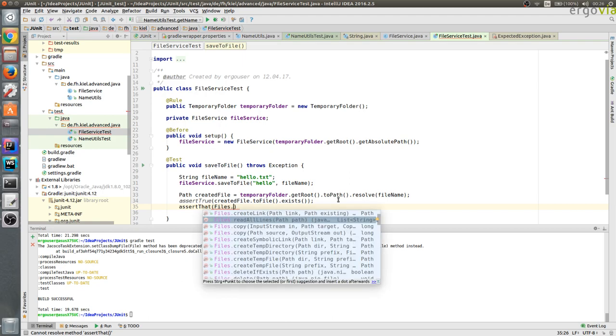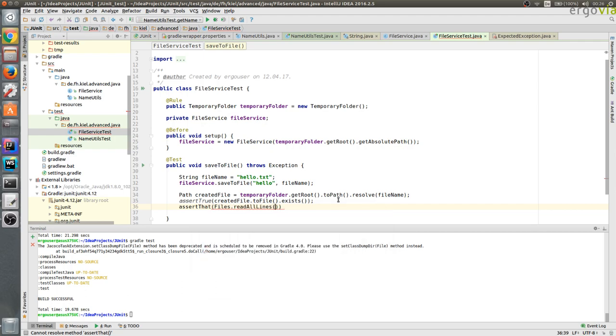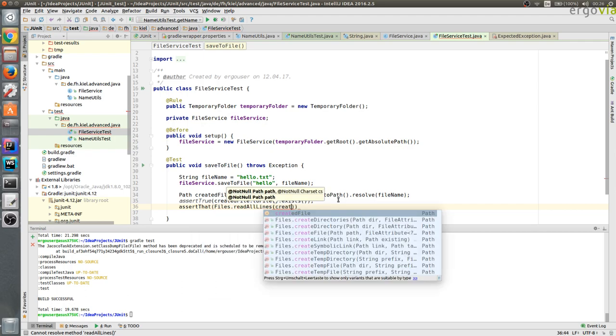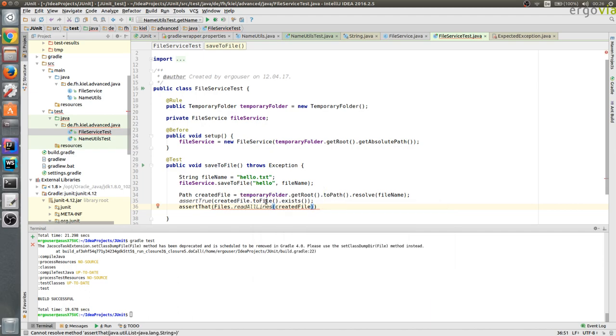We can say read all lines, provide the path of the created file, and this method actually returns something like a list, a list of strings where each element of the list is one line and ordered by the number of the line. So we just have one line because we have just printed hello in this text file, so there should be just one line, and we can say something like